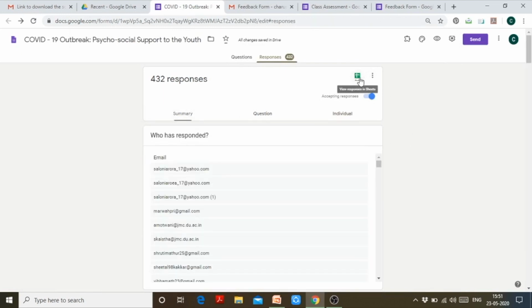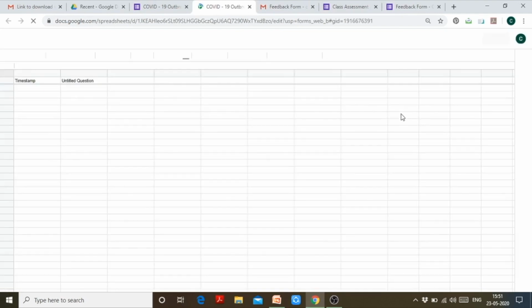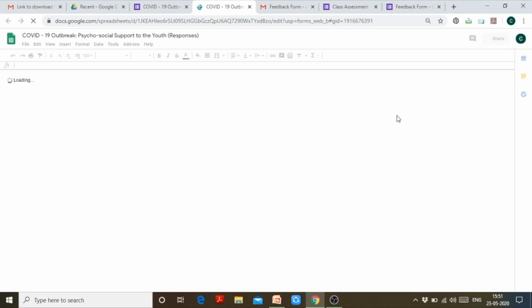Now this is the Google Sheets. If you want to view responses in Sheets, you can click here. It is opening. It will take some time since the data is a little large. It will keep on loading.